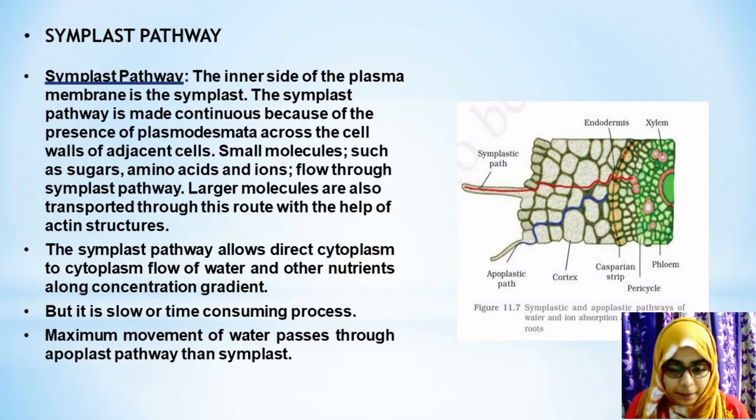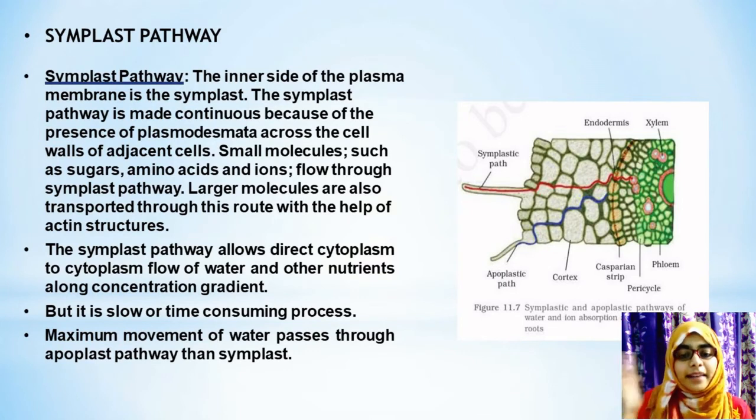But in case of symplast pathway, this movement of water molecule is from one cell to other. So you can see it is going in between the cells, and it does not have any objection with the Casparian strip. It can easily pass through the Casparian strip and reach the xylem vessels. You can see the xylem vessels, those pink colored structures are nothing but xylem vessels. Whereas in between you have pericycle, and next you have green colored structures, which are nothing but phloem vessels.